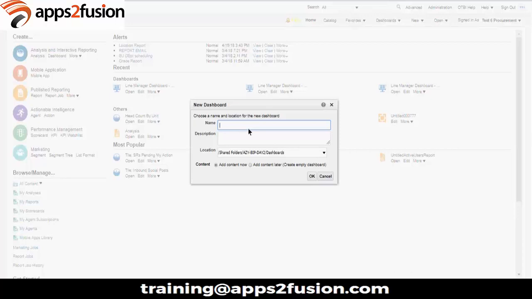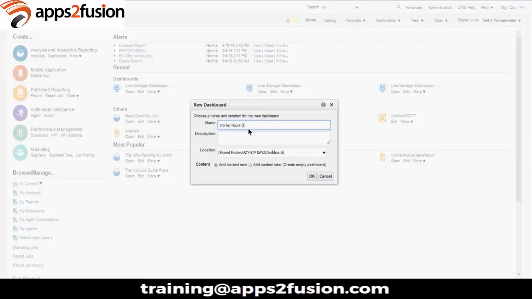So the name of the dashboard should be worker hours